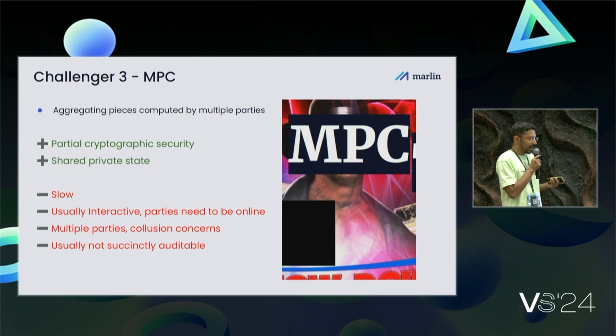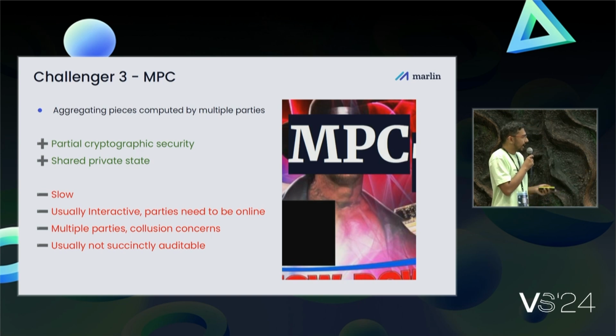right? And the reason why I say partial cryptographic security is because MPC is not usually auditable, in the sense that when you do MPC, the verifiability of your MPC is usually restricted to participants in the MPC. So let's say I'm a participant. I get to verify and check that the persons before me or each other person is doing the work as they should be. But it's not really easy for an external observer to actually say, the MPC protocol went fine or not,